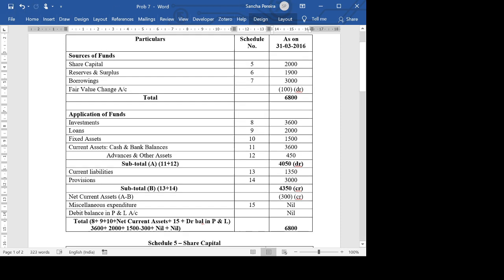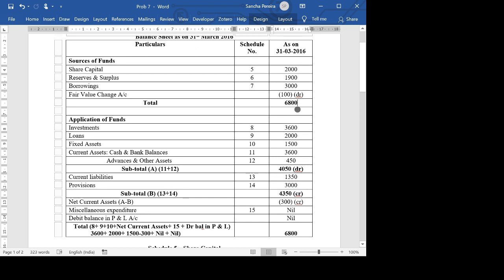I know it seems a little complicated, since it's the first problem, but as we do the other two problems, I think you should understand it a little better. So basically, this is how the balance sheet is done. It's slightly complicated because they show these current liabilities and provisions here instead of showing it here. But that is the format of the balance sheet prescribed for insurance companies. Now, what I want you to do is